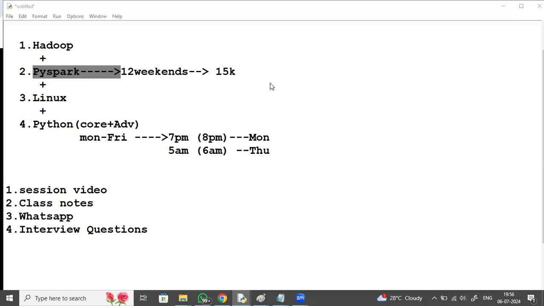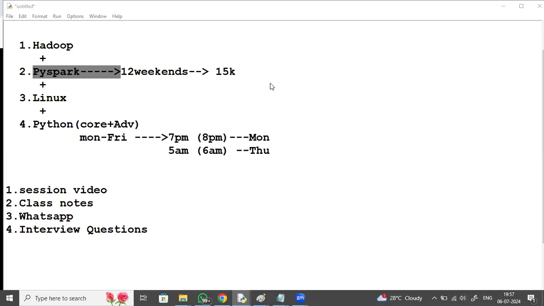Some query was asked by Gaurav Tomar. Is it a complete PySpark course? That is the entire PySpark course within Hadoop PySpark. Is MongoDB included in our course or not? MongoDB is not part of that. HBase is there. One NoSQL database, HBase, I'm covering, right?